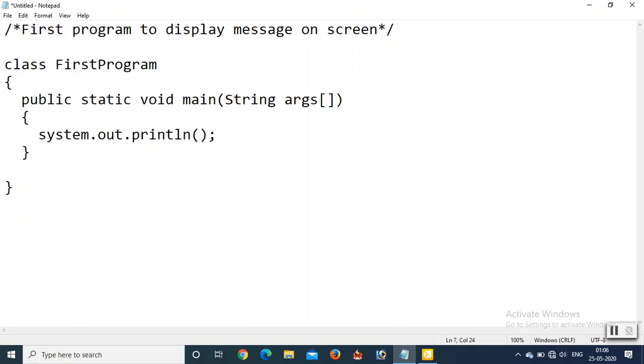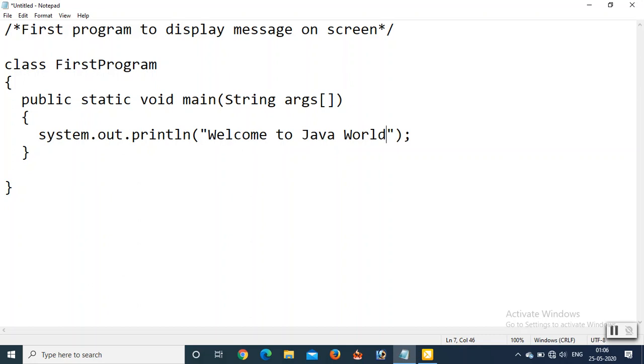Inside the bracket write double quotes. Whatever you want to print, you have to write within this double quote. Okay, so I want to print Welcome to Java world.